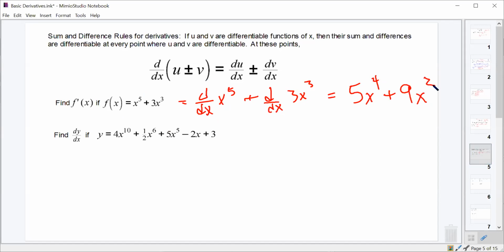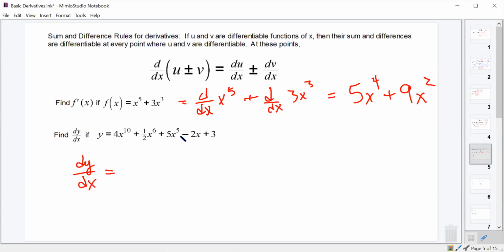Everybody good with that? Okay, cool. So next one down here, if we're going to take the derivative dy dx of this function,